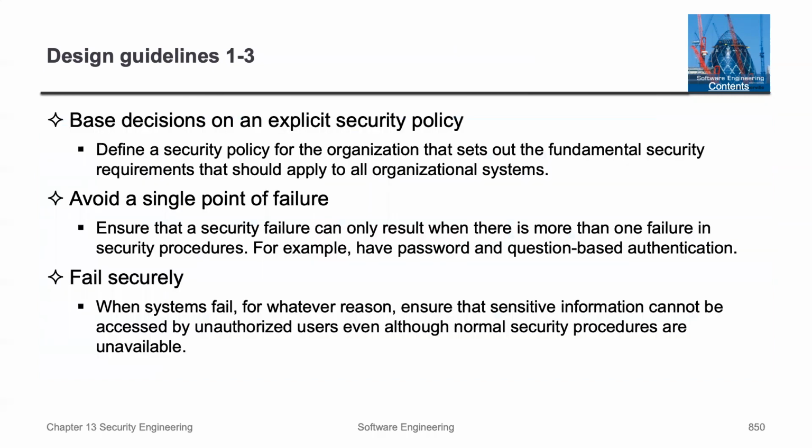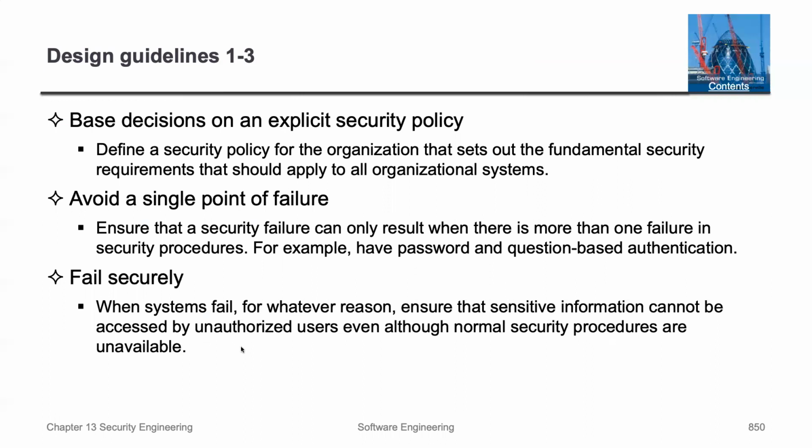So this is just more details for each of those guidelines. And so I'm going to just quickly go over these. So for explicit security policy, you want to define security policy for the organization that sets out the fundamental security requirements. You want to avoid single points of failure. So you ensure that a security failure can only result when there is more than one failure in the security process. For fail securely, when systems fail for whatever reason, you want to ensure that the sensitive information cannot be